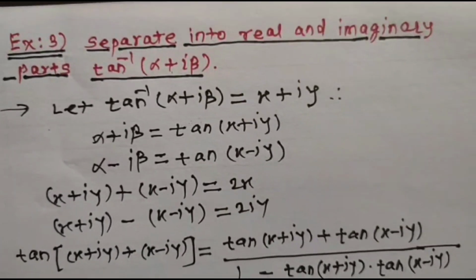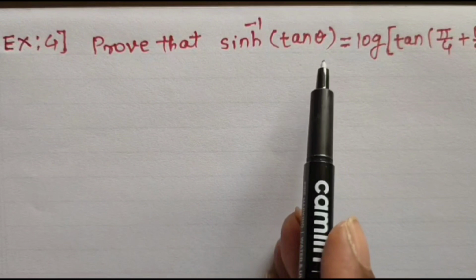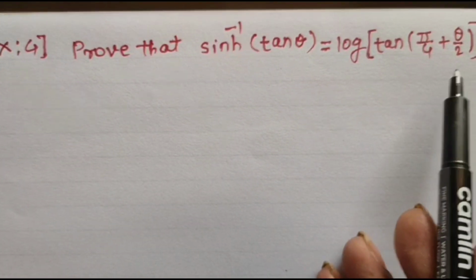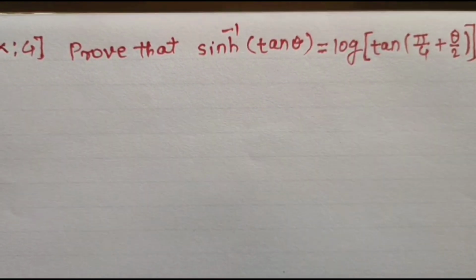Let us solve the next sum. This is sum number 4. Prove that hyperbolic sine inverse of tan theta is equal to logarithm of tan of (pi by 4 plus theta upon 2). We have to prove this. So to solve this sum,